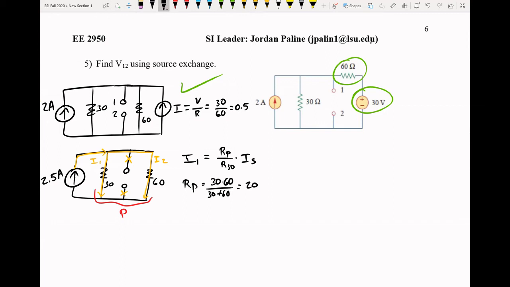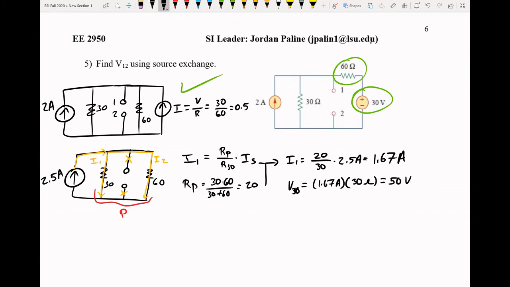So therefore, I1 will be equal to 20 over 30 times 2.5 amps, and this will give us 1.67 amps. So the voltage across the 30 ohm resistor is going to be 1.67 amps times 30 ohms, and that should give us 50 volts for V of 30,